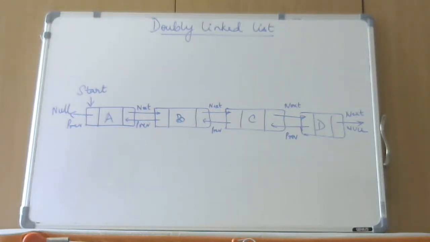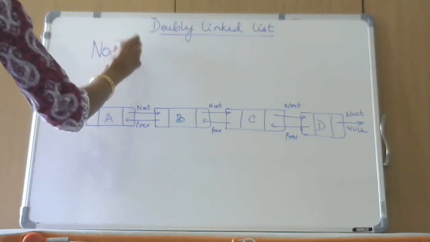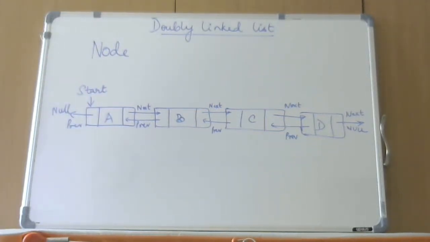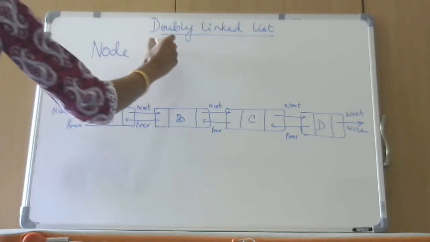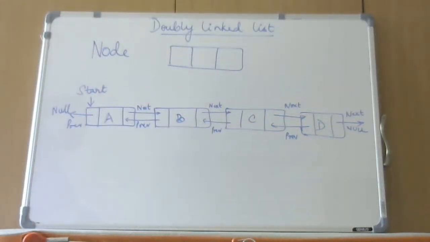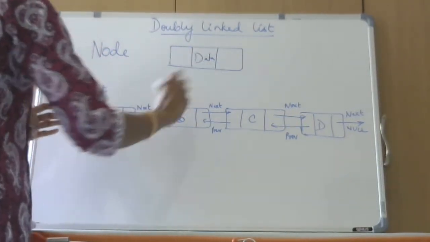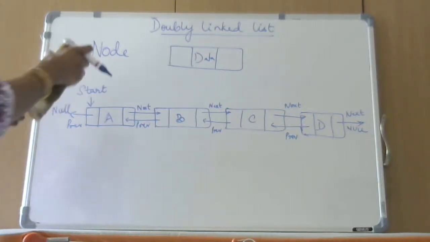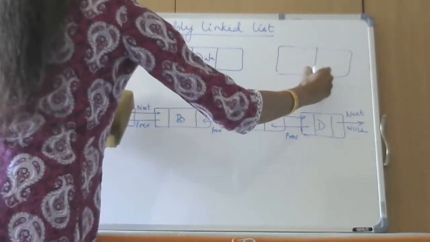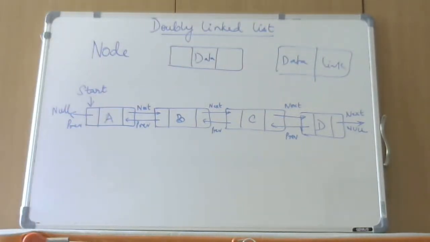Now, whenever we talk of a doubly linked list, every node in the doubly linked list is going to have two pointers. Let us say this is the node. In the single linked list, we had only two fields, right? Suppose this was my node. So we had data and we had the link to the next node. That was what we saw so far, in single linked list as well as in circular linked list.